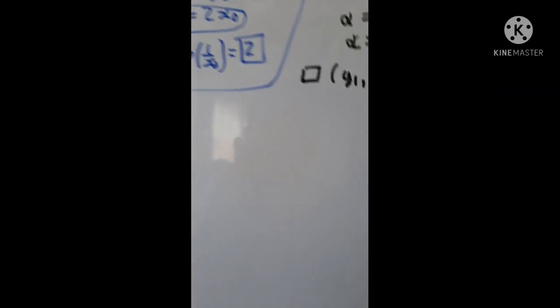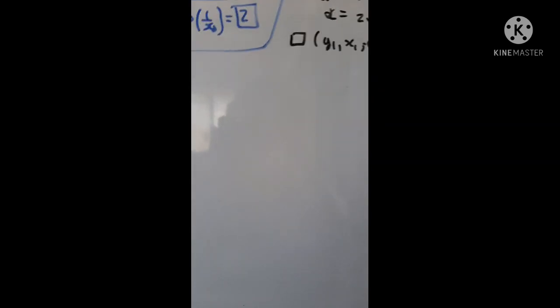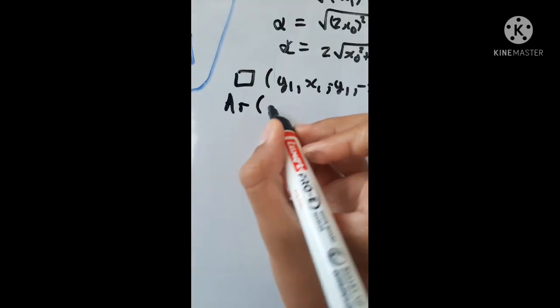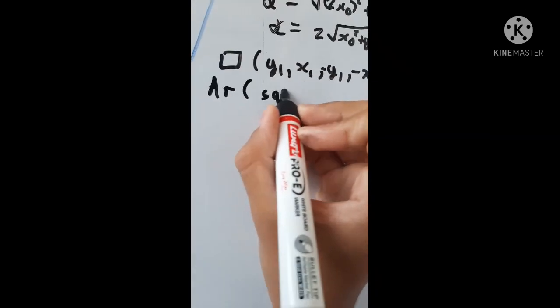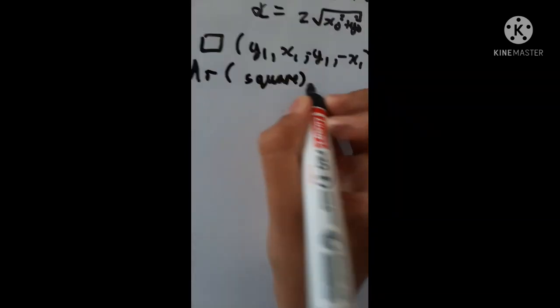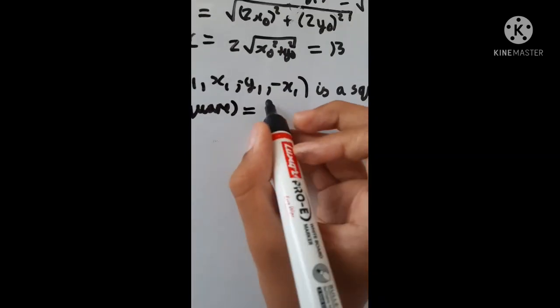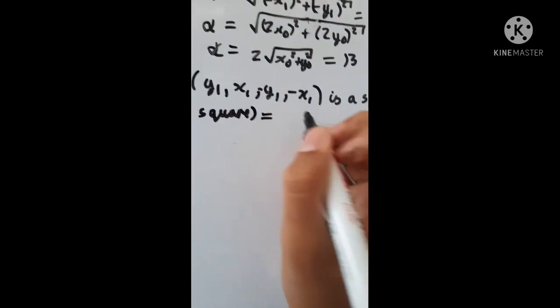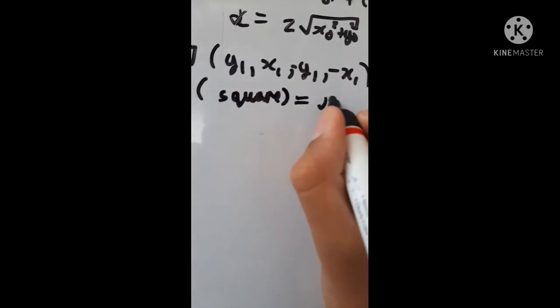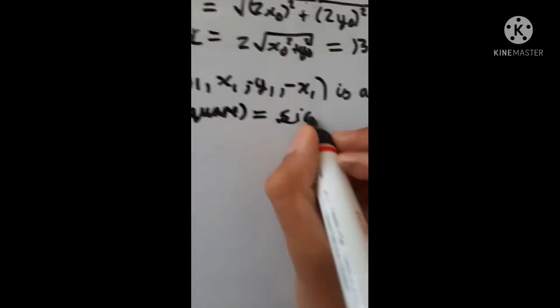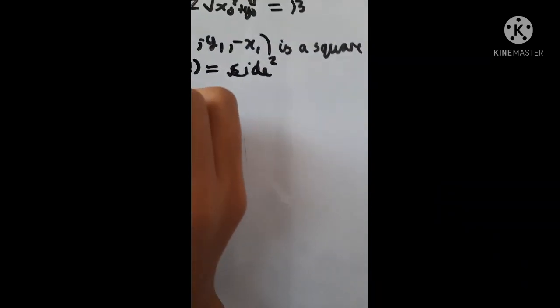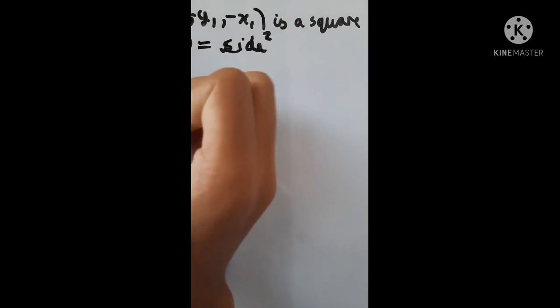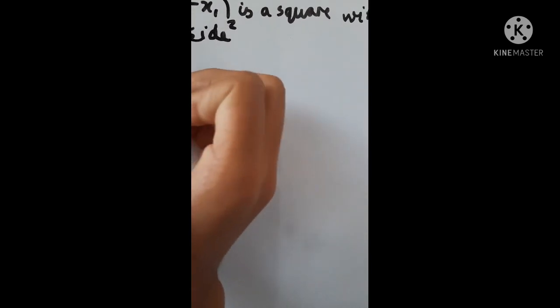So if we have side alpha, now the area of a square is equal to a side squared, right? Of course. Side squared. So the area of this quadrilateral, I'm going to just write it out,